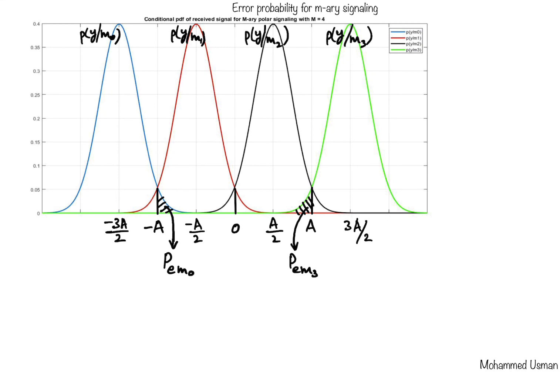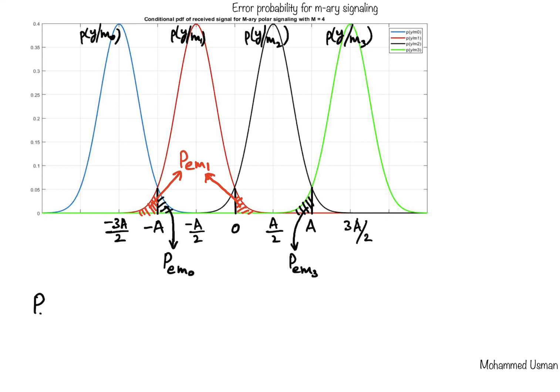So the error probability when M1 is transmitted is the area under the red PDF to the right of 0 as well as to the left of minus a. So we have these two components contributing to the error probability for M1. So this area here and this area here together represent the error probability when M1 is transmitted. So it is the sum of these two areas. So we will now write this